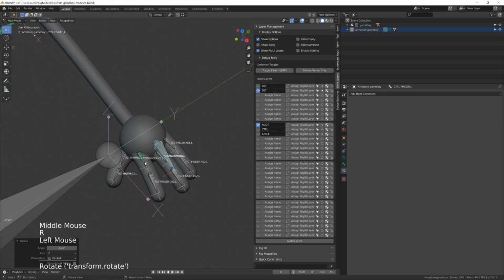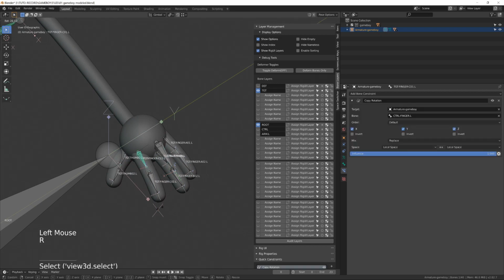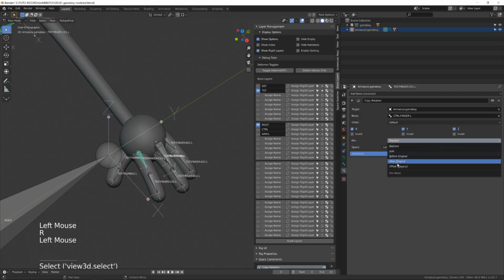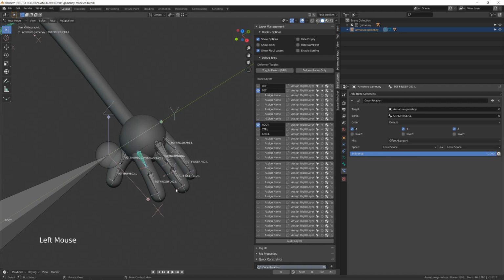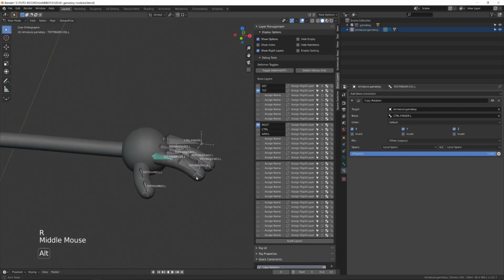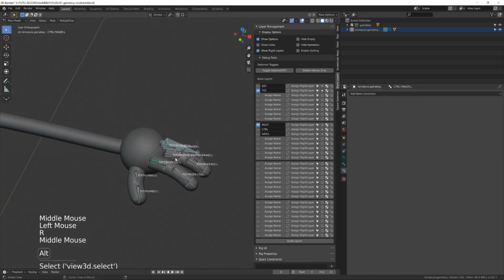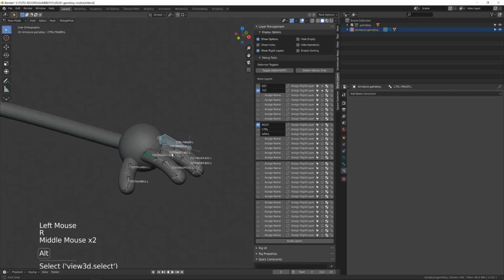The downside is that by default I can't rotate the constrained bone anymore, but we can set the mix mode to offset instead of replace, and now I can both rotate the controller that will influence the bone and the bone itself. This will allow the animator to move all the bones at once or to tweak their position or control them individually.